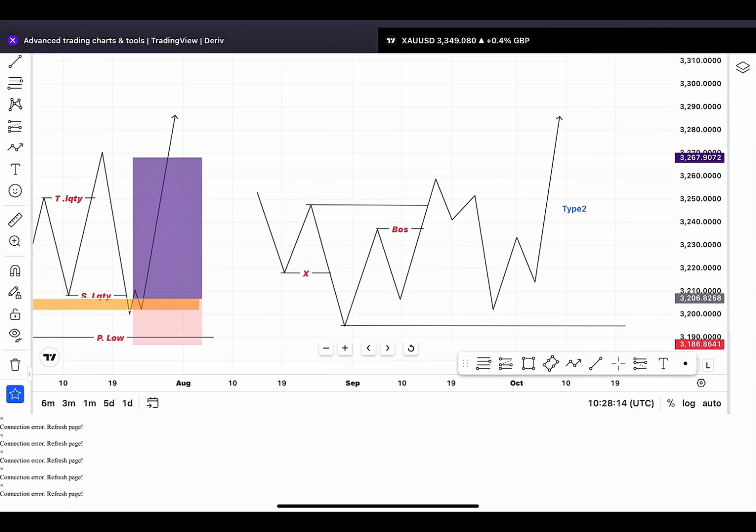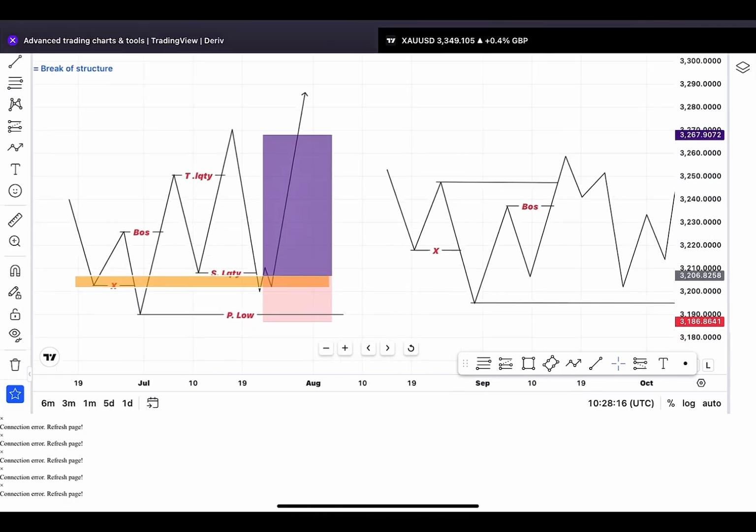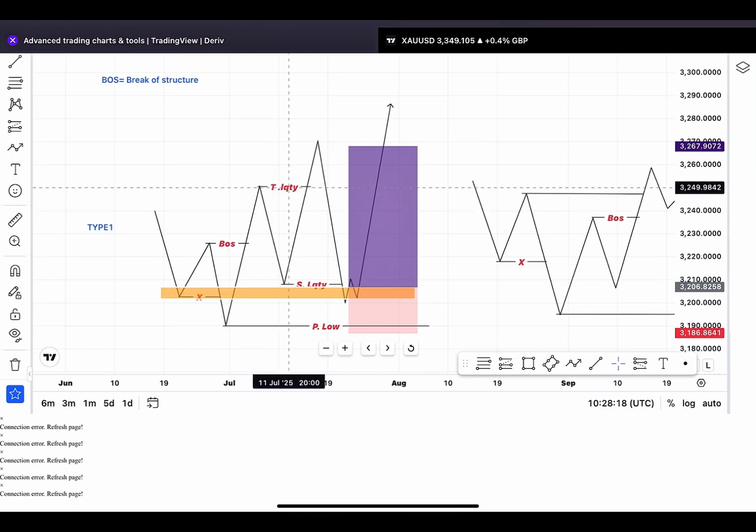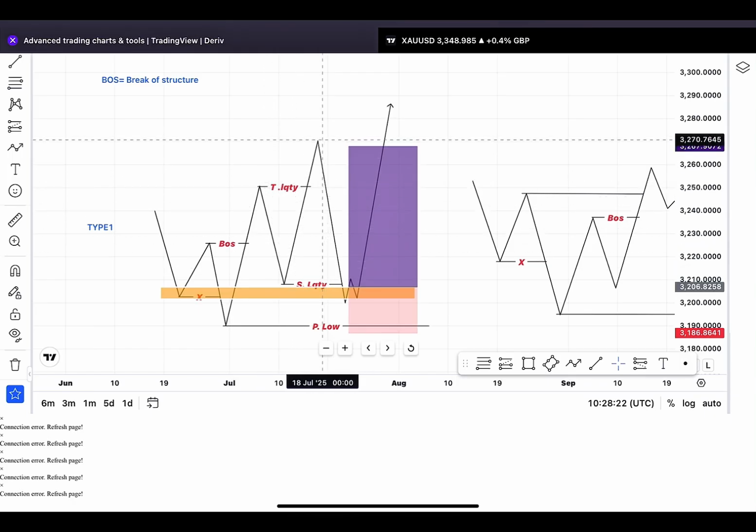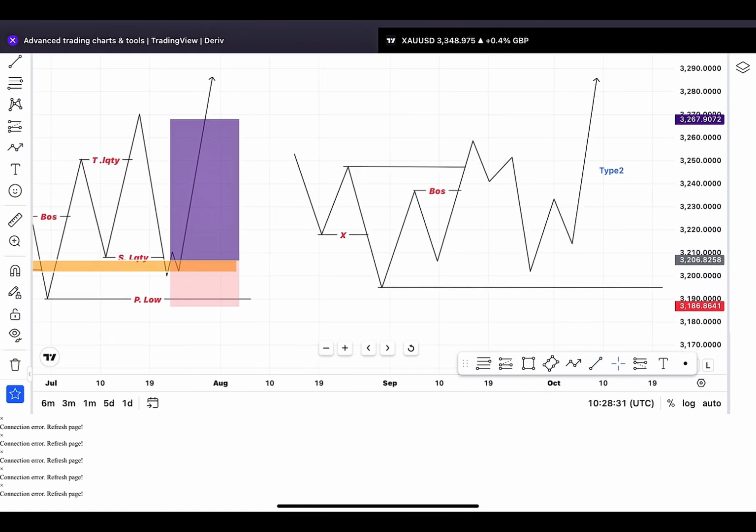And as you can see in this phase here, I've told you guys, after the market takes out the transactional liquidity, the next point the market will be aiming for is to take out this structural liquidity, which a lot of people do call inducement. So as you can see, there is an inducement and there was structural liquidity,